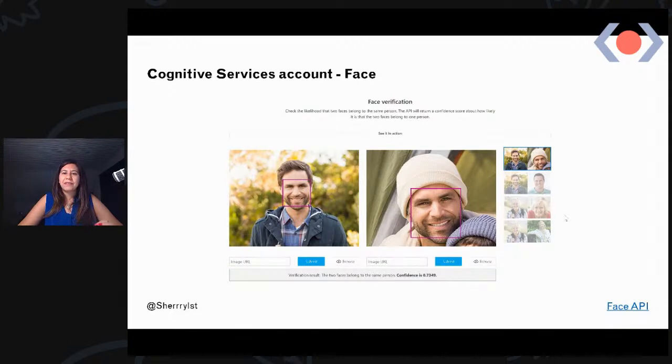So there are multiple things that you can customize there. But for me, I was only interested in the emotion, and that's what I use in my application. You can send either an image URL or an actual image there.